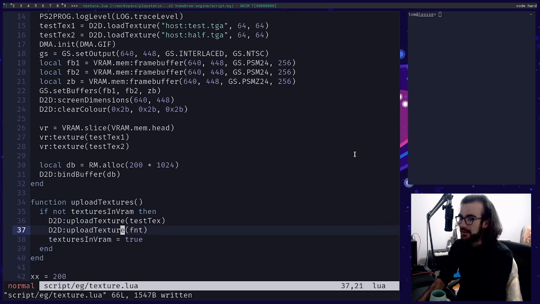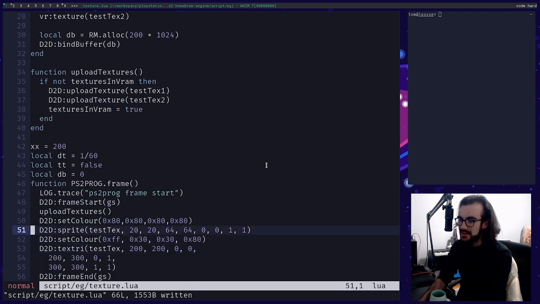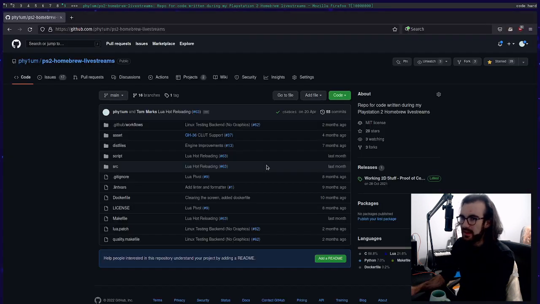Beautiful, beautiful. Test text 1, test text 2, beautiful. Okay, we're cruising along here. So now we're gonna say, draw this test text 2. How do you do a Lua for loop?